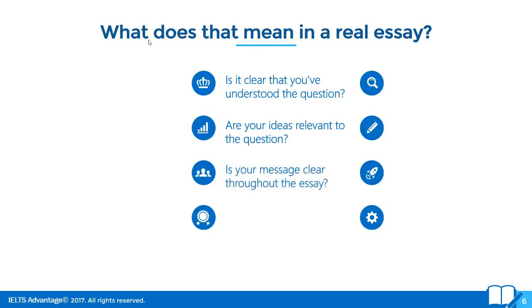Is your message clear throughout the essay? So is your opinion clear? Is your argument clear? Are your main ideas clear? Have you developed your ideas properly? So instead of just writing 20 different ideas, or 6 different ideas. I see that a lot, like 3 ideas in the first main body paragraph and 3 ideas in the second main body paragraph. The reader is going to find it really difficult to understand what you mean by those ideas unless you develop them with explanations, examples, and we'll look at that again in a little bit more detail in